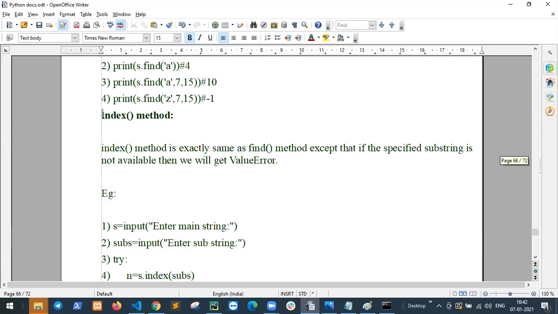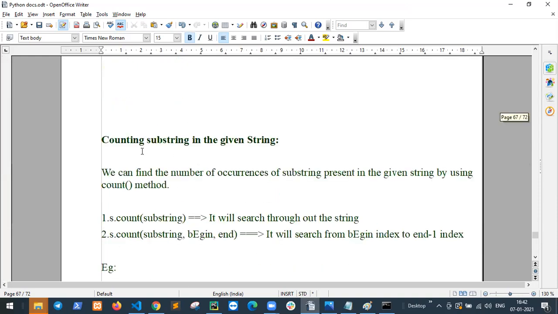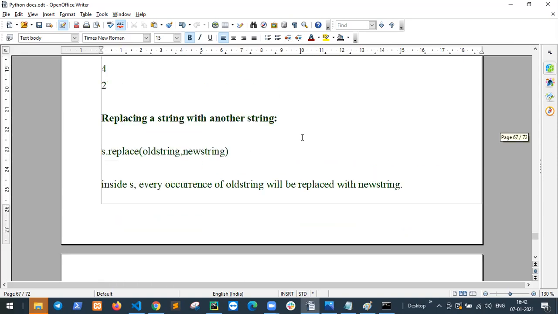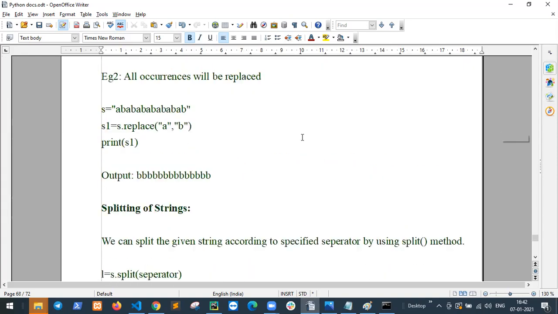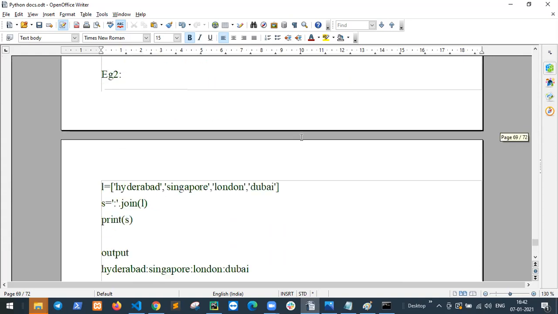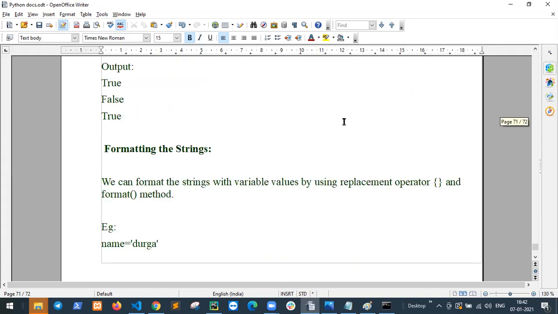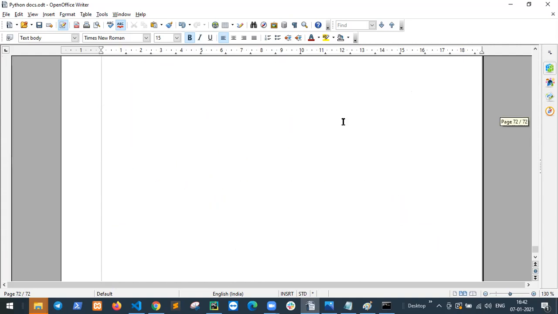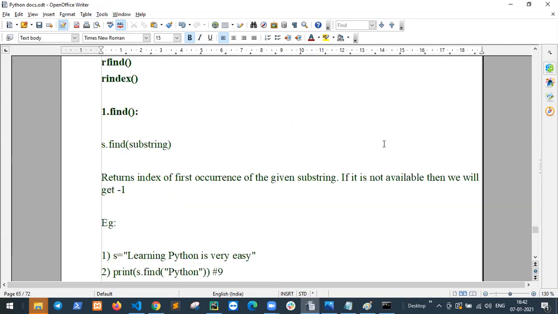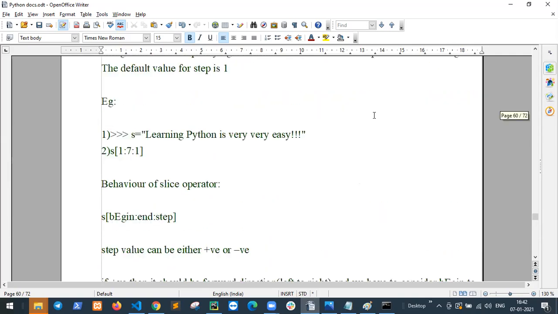Many more examples, index method, checking a substring in the given string, replacing a string with another string, splitting of string, checking starting and ending part of the string, formatting the string. So this is string. We will continue tomorrow, same time, 3 to 5.